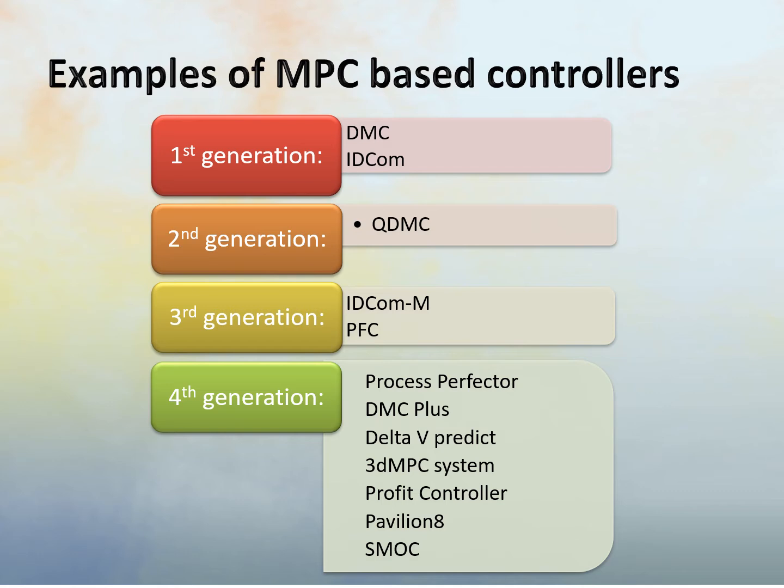The Process Perfector, the MC plus, Delta 5, 3D MPC, Profit Controller, Pavilion 8, and these are controllers that you find in the industry now, used by Shell or Petronas. You may be familiar with them if you have gone to these industries, some of these controllers that they're using for the advanced control